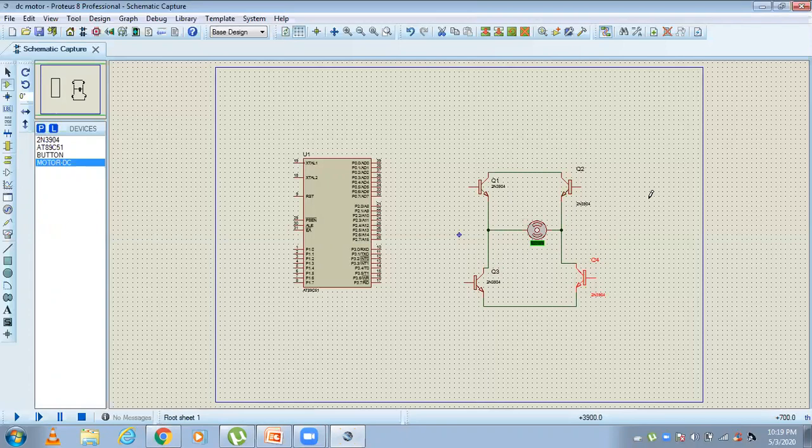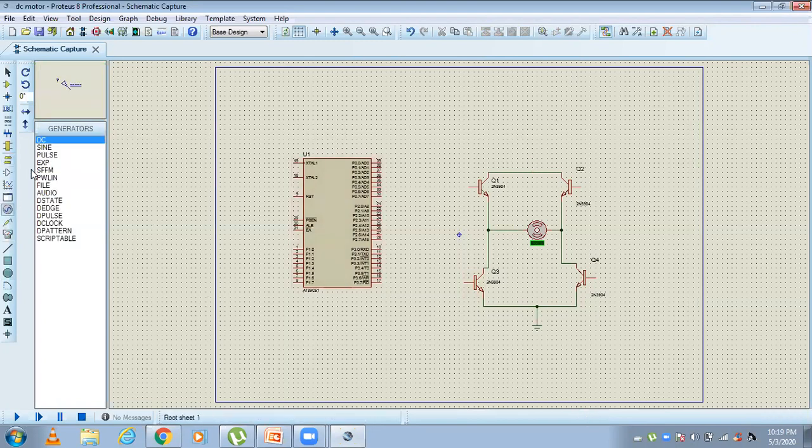Now switches 1, 2, 3, 4 are there, right? Next, here I should connect the ground terminal, so select ground here. This terminal will be connected to the ground, and this is connected to the plus 12 volt supply.